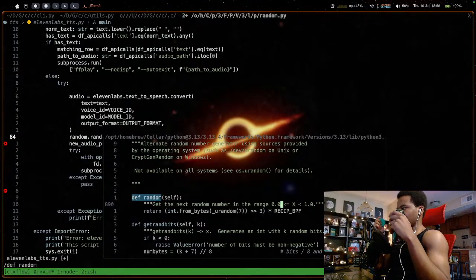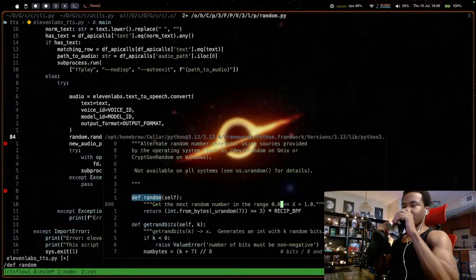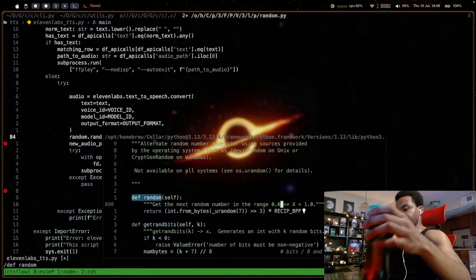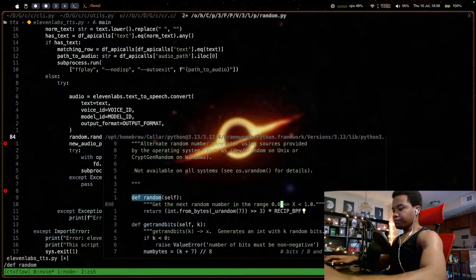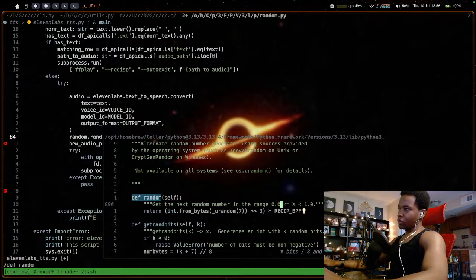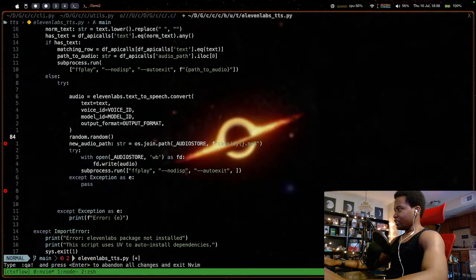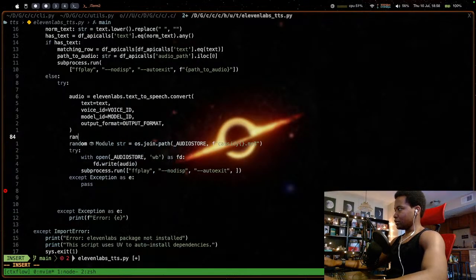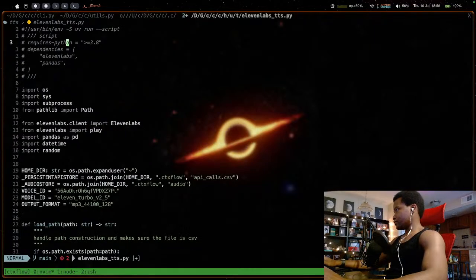Is there a way to get a range? Isn't it just random dot range or something? Wait, we don't want random, I don't think. We don't want random.